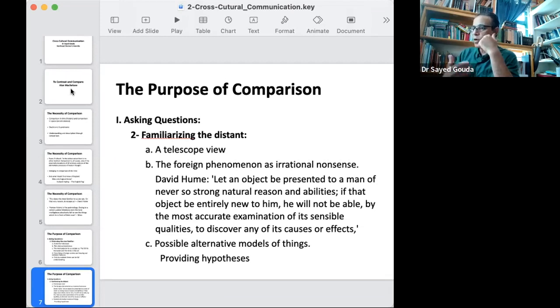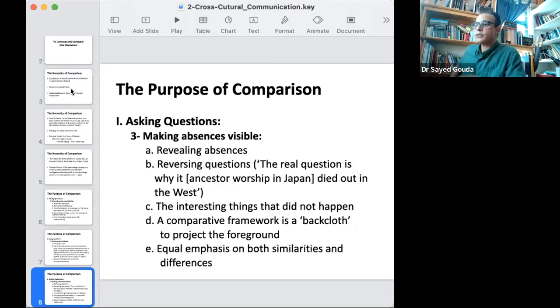What if something happens? What if we do things differently, and so on? This is all about asking questions. Also, it's about asking questions regarding things that are not there, things that are absent. This is making absences visible, revealing absences, meaning